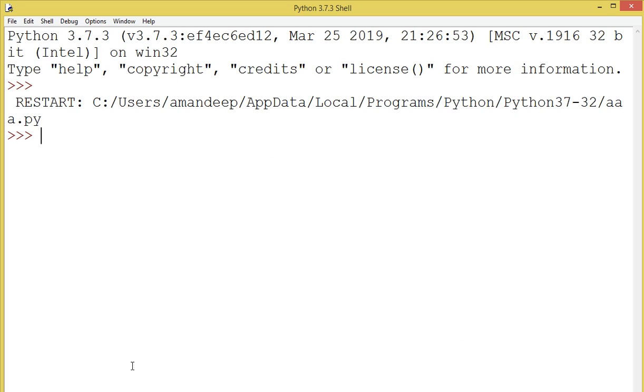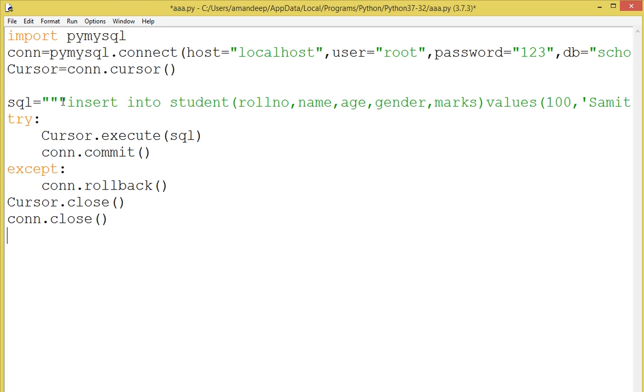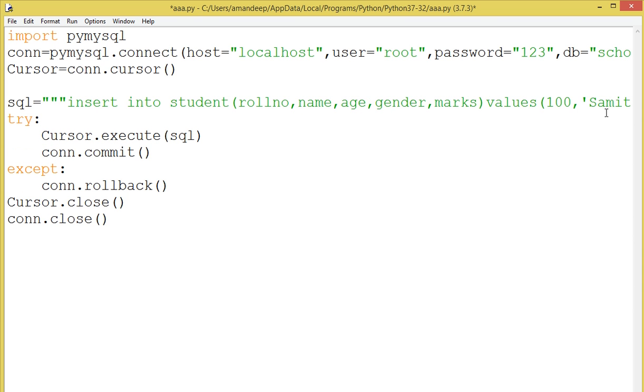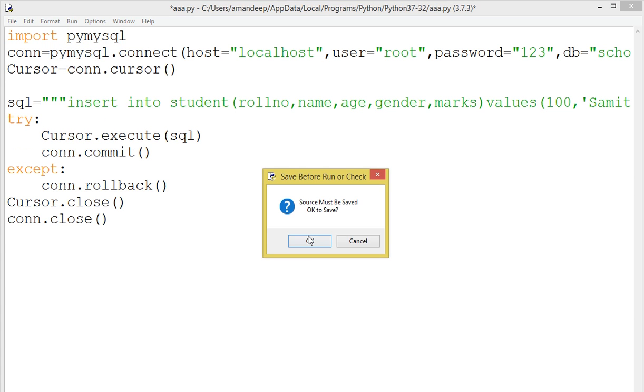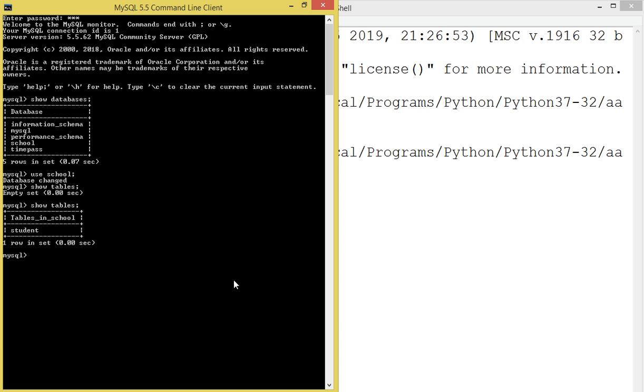Now the next program is to insert the values. Okay, how to insert the values? Let's see. Same pattern we will use. Okay, we will change the command to insert the values. Here we have inserted the values. You can see hundreds, meta and all. Now if I execute this command and I will see